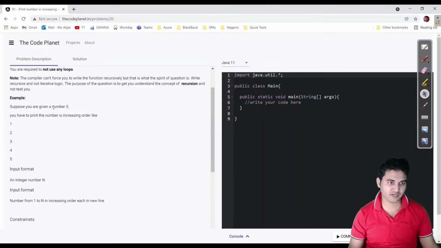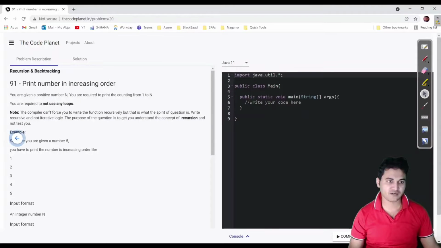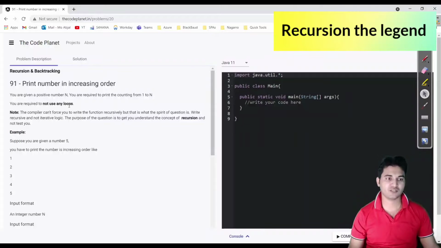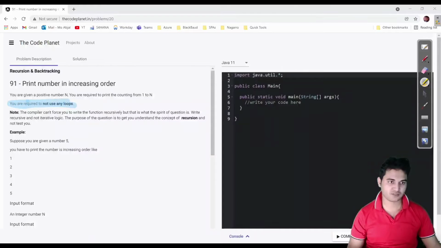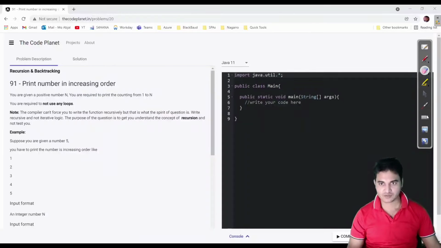If we have been provided a number as 5, then you have to print 1, 2, 3, 4, 5. And it is clearly mentioned that you do not have to use any loop. You cannot use any loop. Look here. This is the requirement. Fine. So without using a loop, you have to write the recursive logic to print this out. So we would use our faith and expectation mechanism which we used in our previous video. So let us see how we would be able to approach this problem.